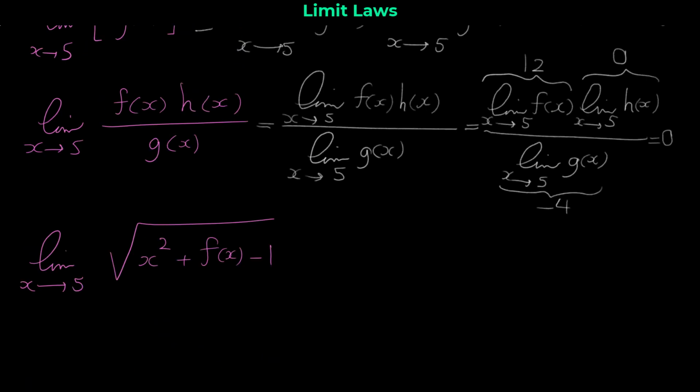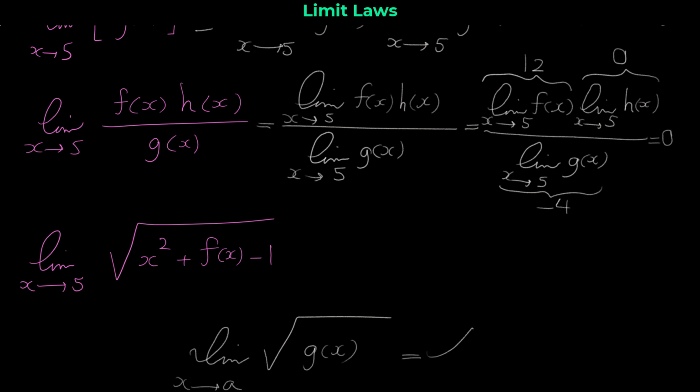Next question. It's a bit of an unusual question. The limit as x approaches 5 of the square root of x2 plus f of x minus 1. First of all, we have this radical here. This is a square root. We have a law for limits that the limit of any radical with a function inside, let's say that function, let me name it g of x, when x approaches a, can be written